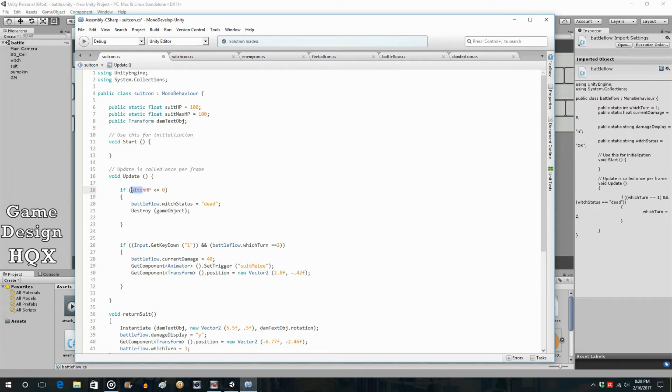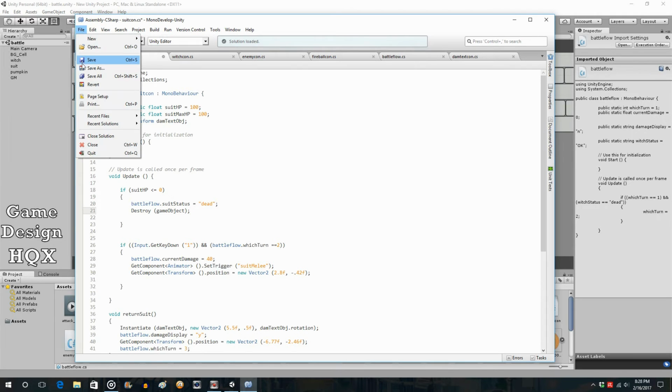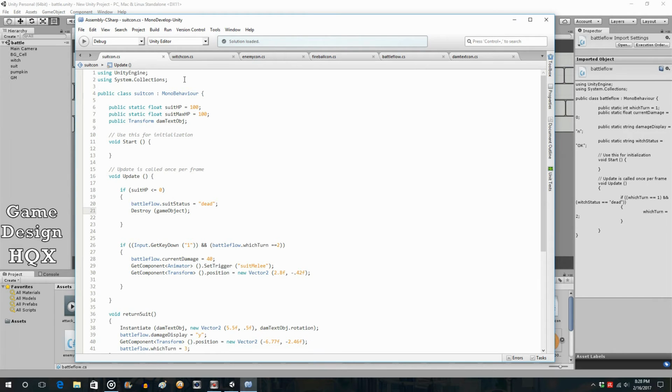So we said it's not witch HP, it's suit HP. And we want the suit status to be set to dead and destroy game object. Okay, so far so good. They both can be destroyed. They both can be attacked. But we still need to make an adjustment based on whether or not they're dead. So